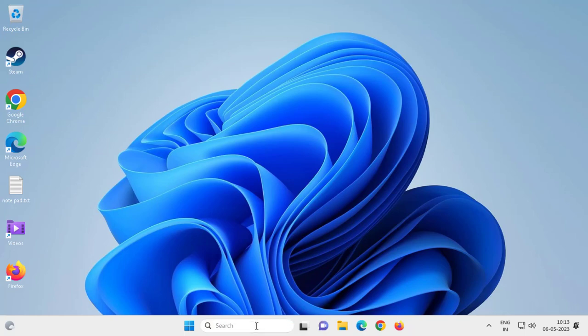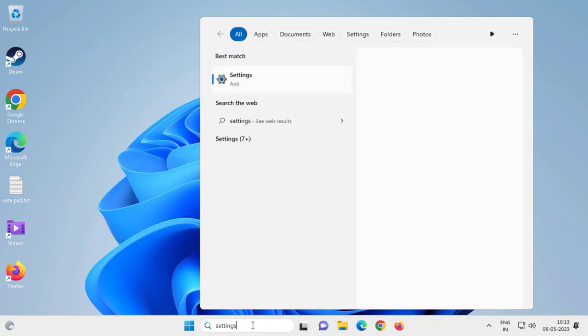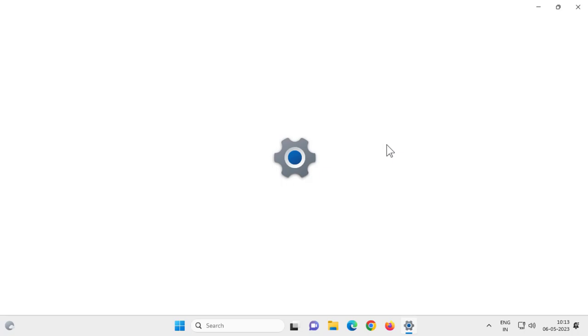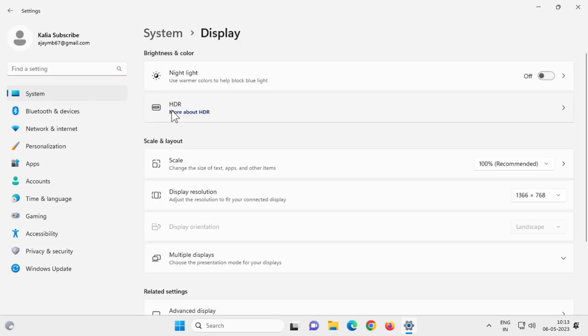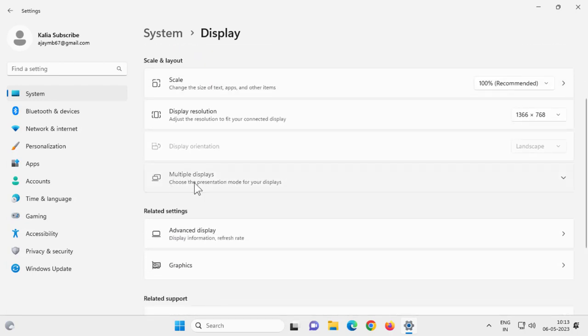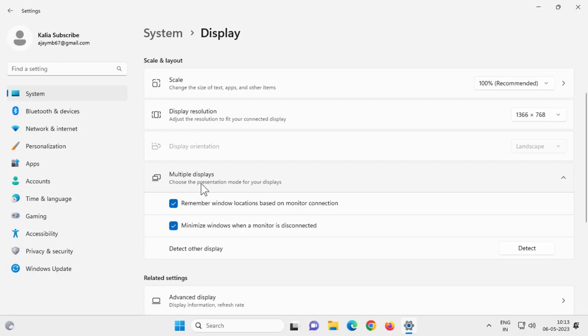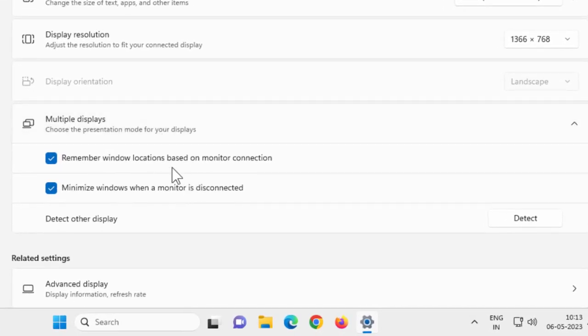Go to search menu and type settings. Just click on open it. Go to display over here on right side of system and scroll down guys. Here is the option multiple display. Click on it, and now assuming you had a multiple display connected to your computer,